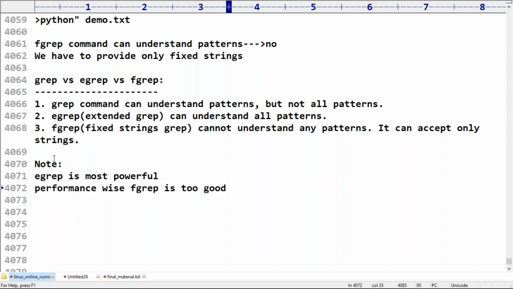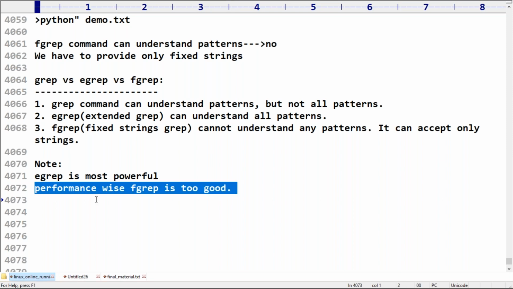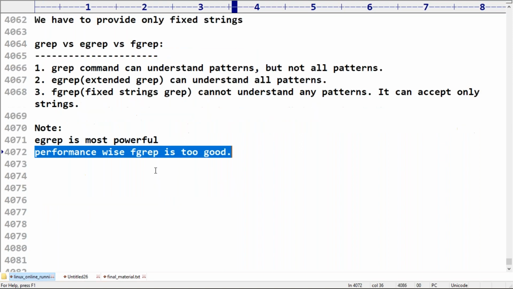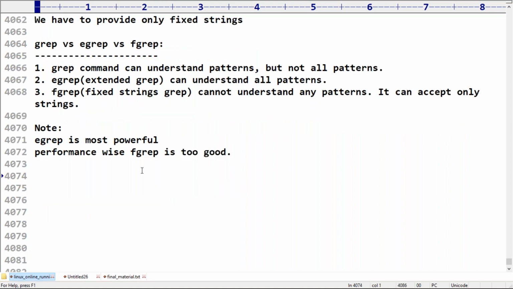Fgrep is too good because it is not required to process anything. It always considers every string as a fixed string only. It never considers any patterns. That's why performance wise fgrep is too good. That's why some people say fgrep means fast grep.